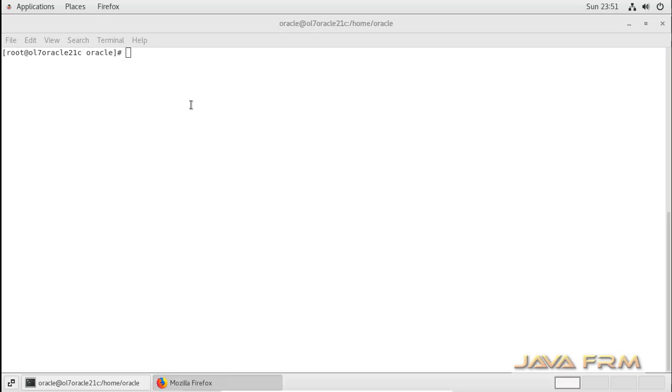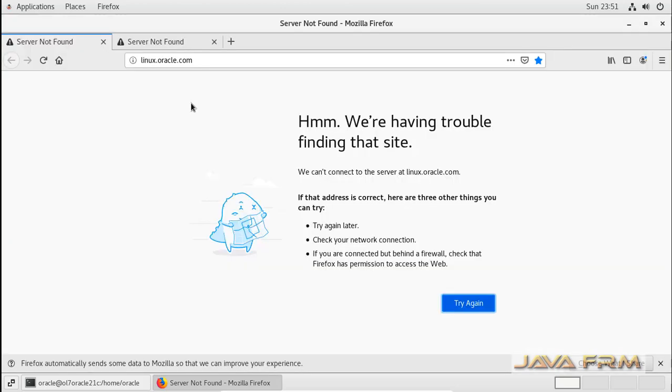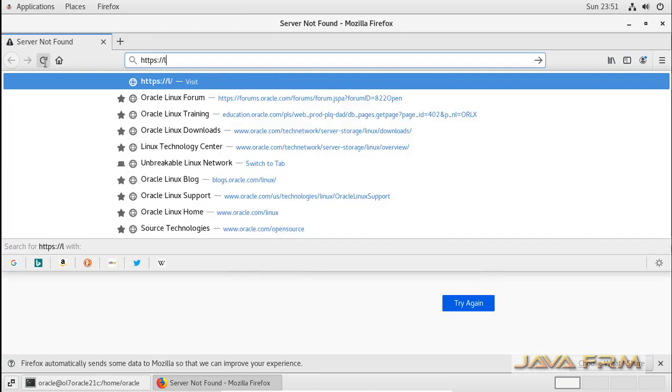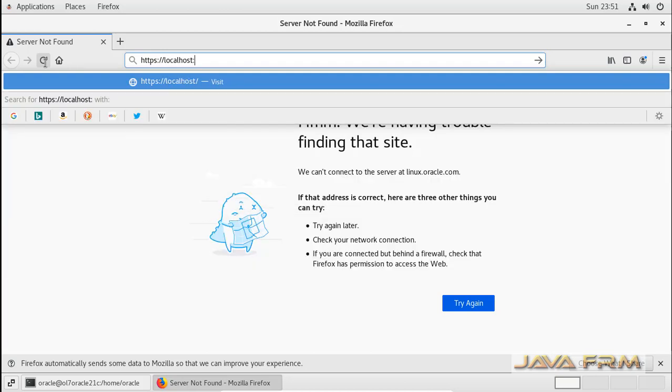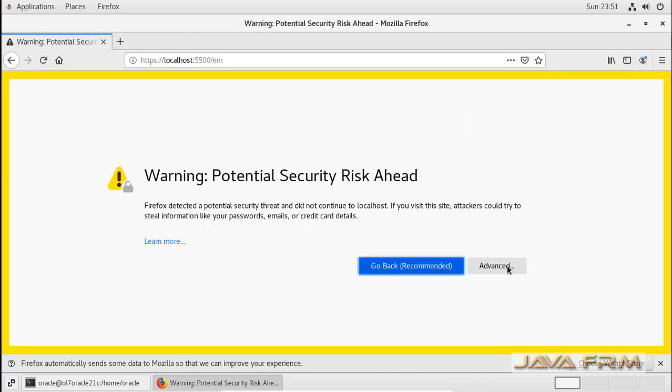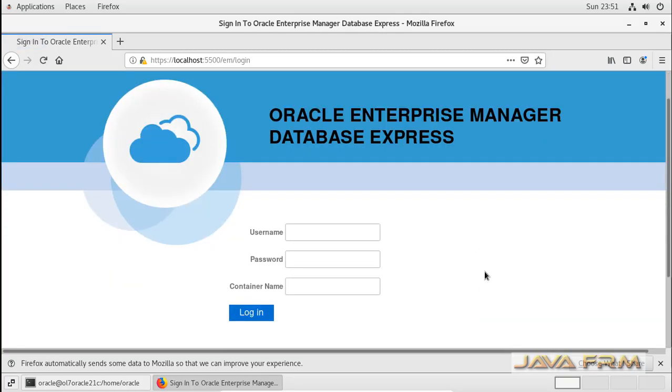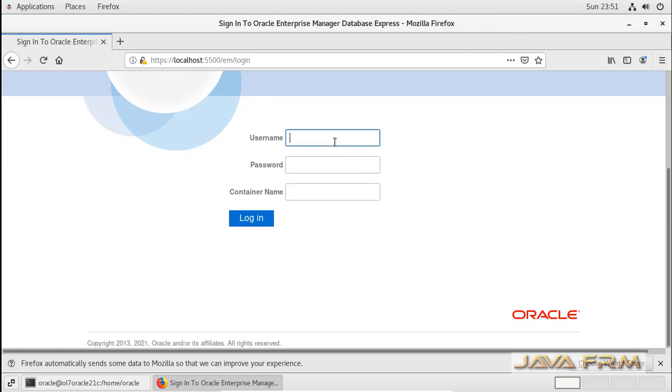So very huge operations cannot be performed with this Enterprise Manager. So it's a simple tool for monitoring the Oracle database 21C. So now I am going to log in as a sys user.